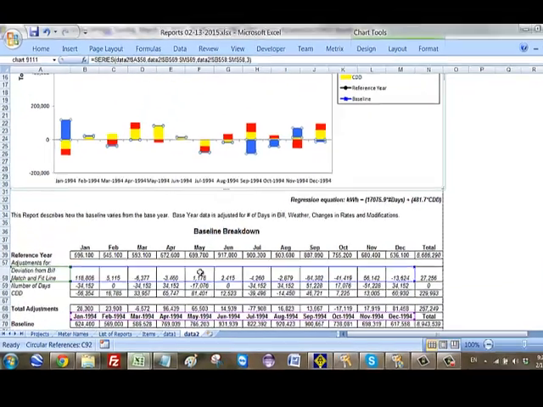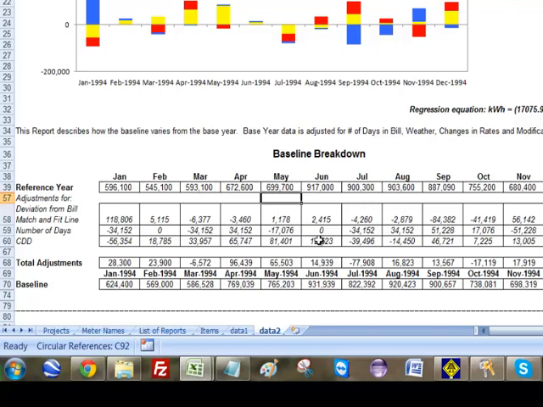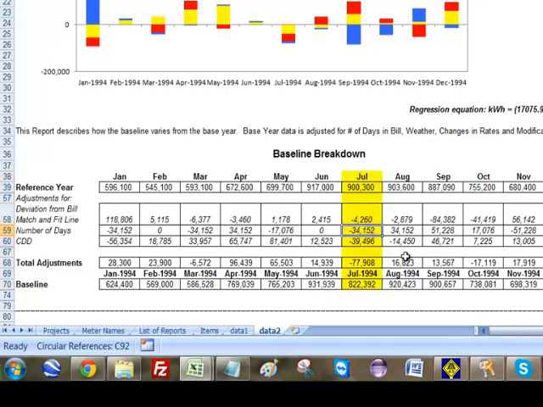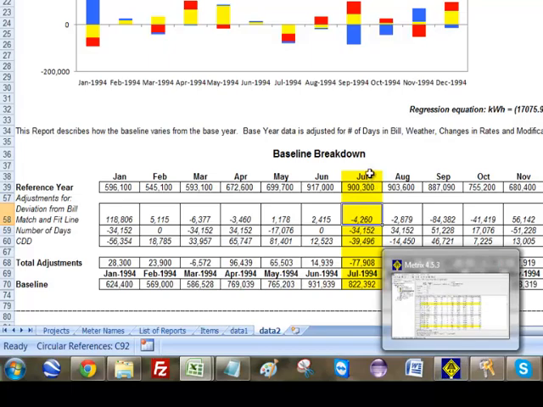So if I scroll down, I can see the actual numbers behind this report. We're looking at the July bill here. Let me just color it so we see what we're looking at. The first deviation that we've got here is the adjustments for deviation from bill match and fit line. And actually in this case, since this meter is